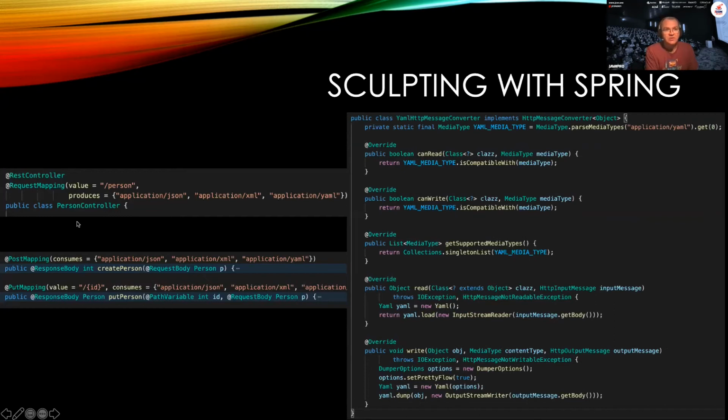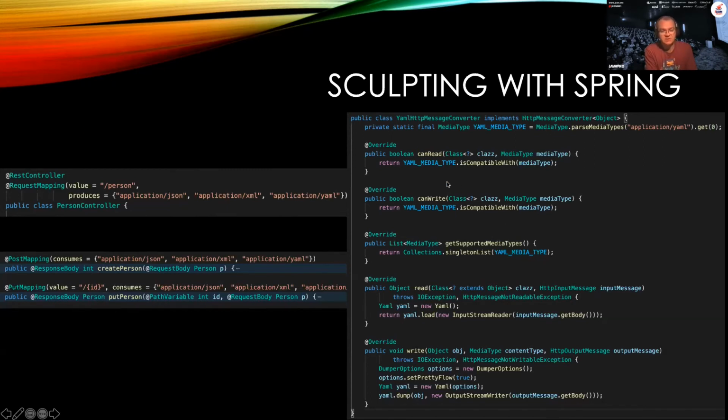With Spring, it's very, very similar. You specify the consumes and produces inside the RequestMapping annotation. And you could even be more specific, right? You could say the class by itself produces JSON, XML, and YAML, but you don't need to consume anything, because most requests might be GET requests or DELETE requests that don't take any data. So you could put that consumes value of the annotation down here on the actual individual method levels. Then over here, it uses an HTTP message converter.